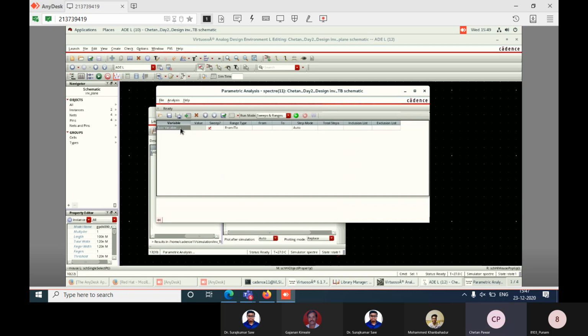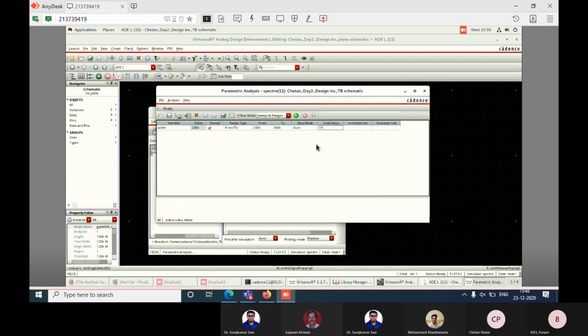Now here add that variable. Select the width. Now what I will do, I will vary this from 200 to around 300N, and I will select around 10 steps.